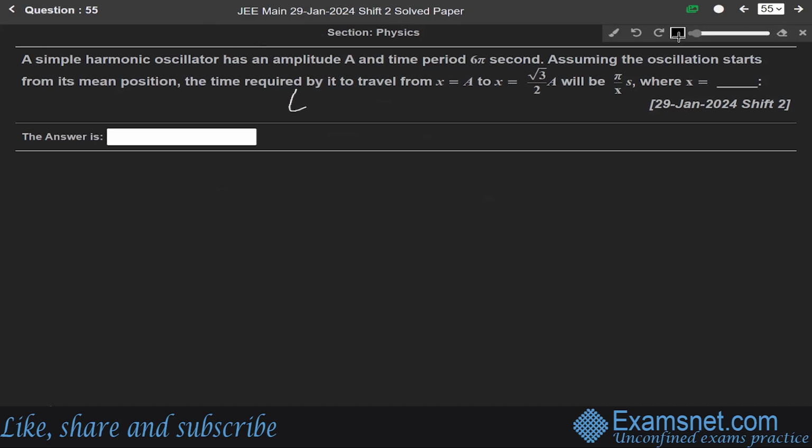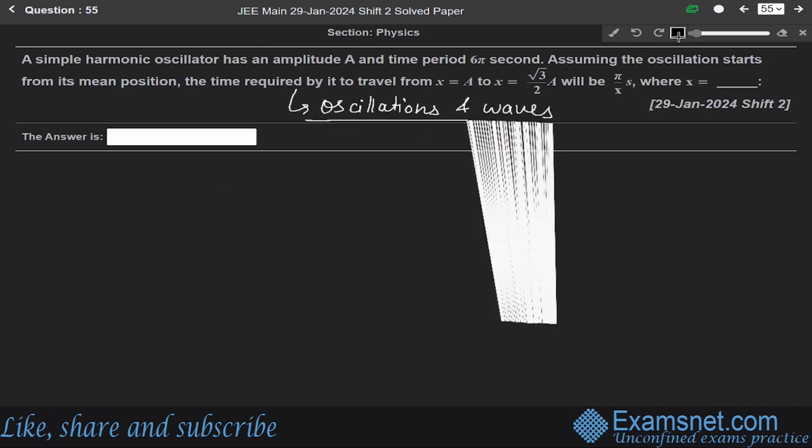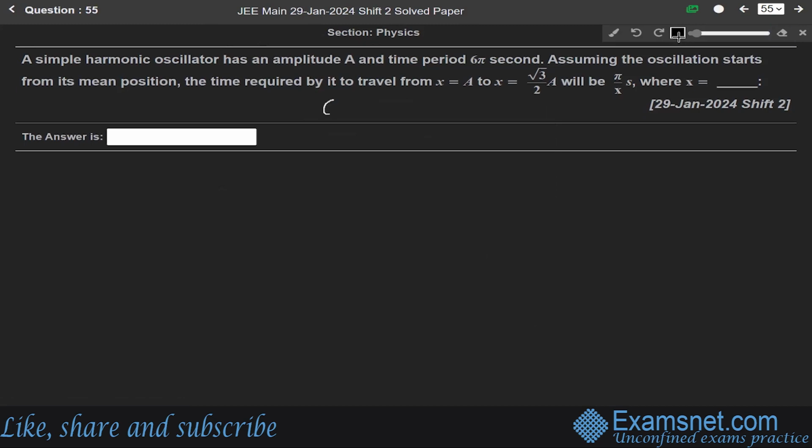This question is from the chapter of oscillations and waves. So students, for a simple harmonic oscillator, we know that,